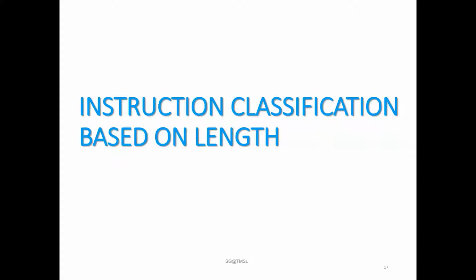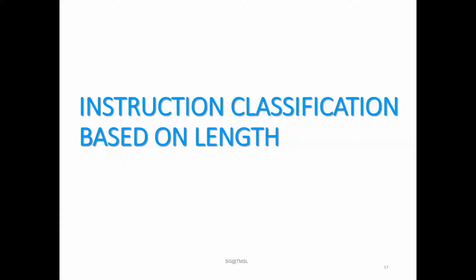Okay, so last day I discussed the instruction classification, which is based on functionality. That means there are 5 types of operations. Number one was data transfer or data copy operations. Number two is arithmetic operations. Number three was logical operations. Number four, branching operations, and number five was machine control operations.